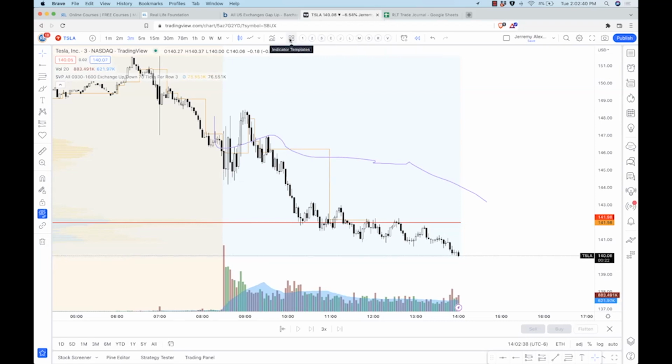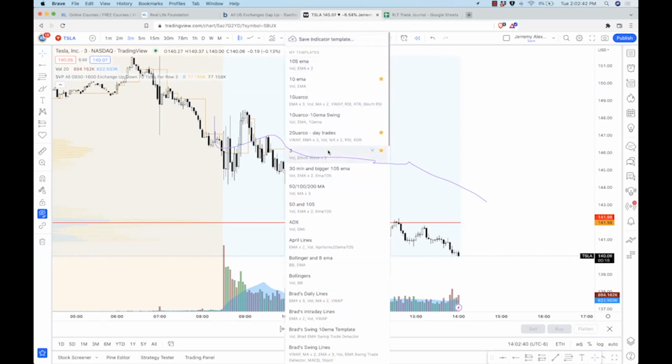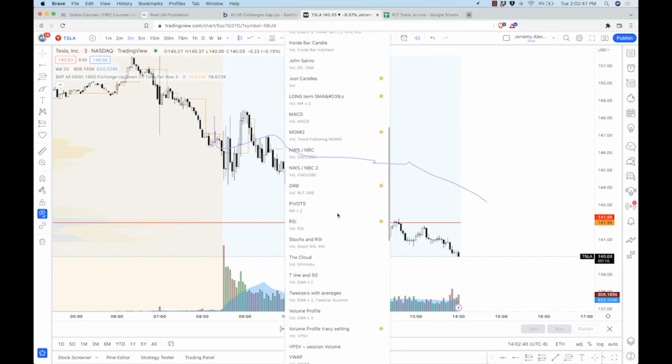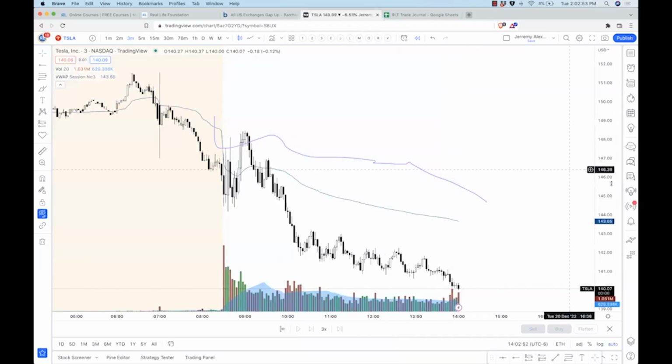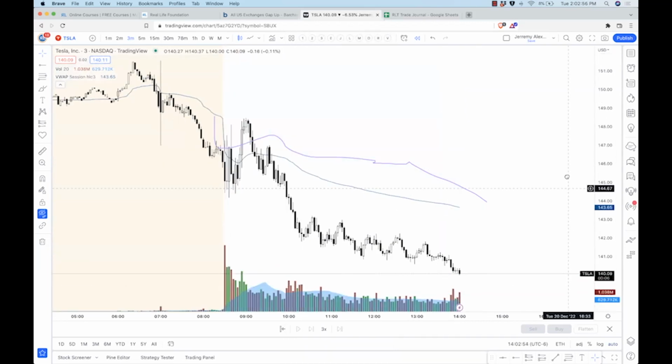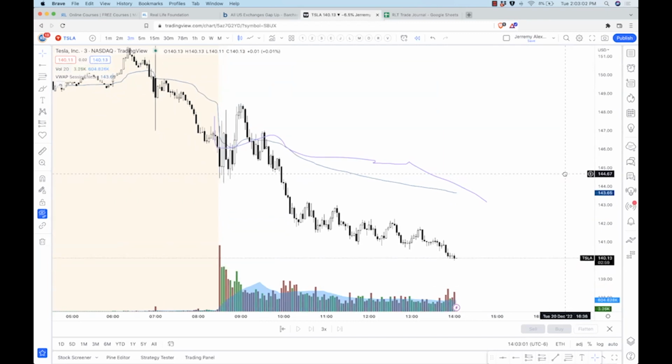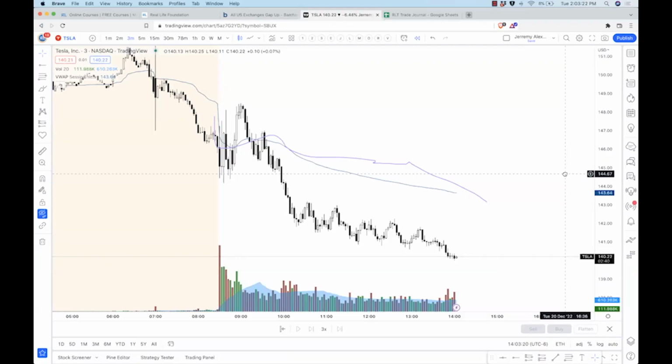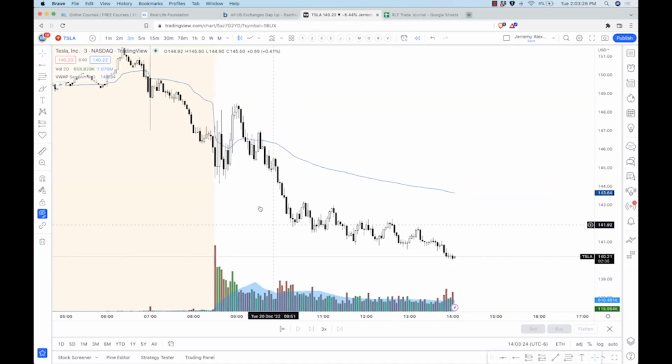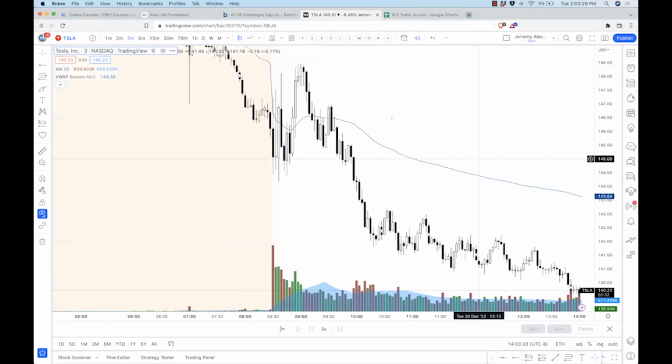Do I even have VWAP anymore on my indicators? I do somewhere. VWAP. There we go. And there it is. Look at my drawing. I mean, you already know where it is. And here's the thing. If you don't use it, that doesn't matter anyway. A better entry, because again, I like the VWAP. I understand it a lot. If I use the VWAP,